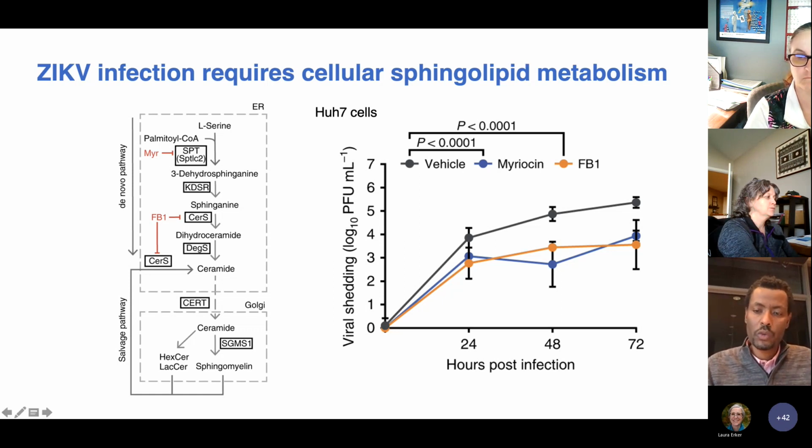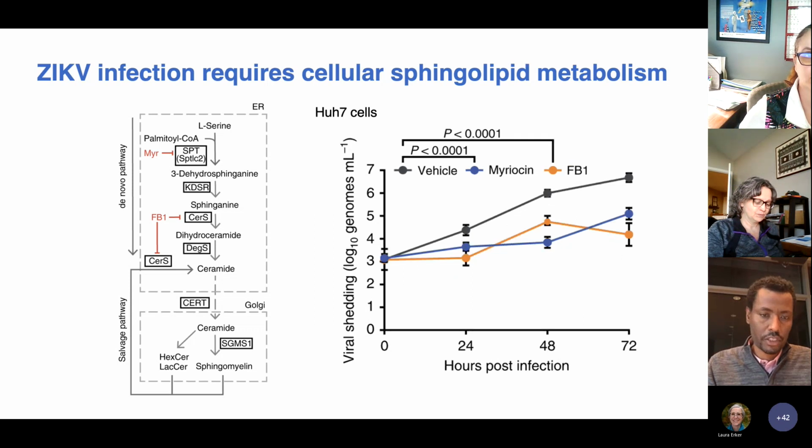This shows that myriocin treatment and FB1 treatment significantly reduces the viral shedding into the media, showing that this sphingolipid pathway is essential for